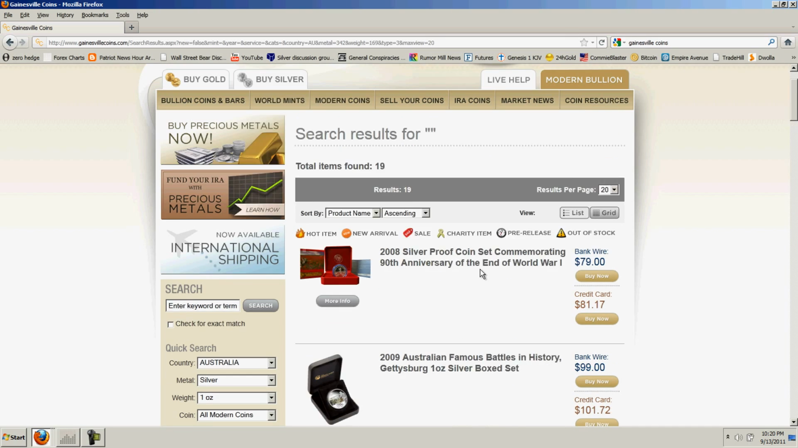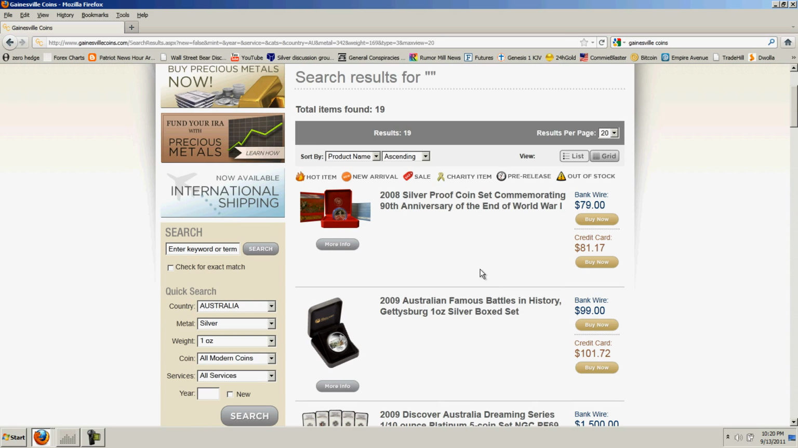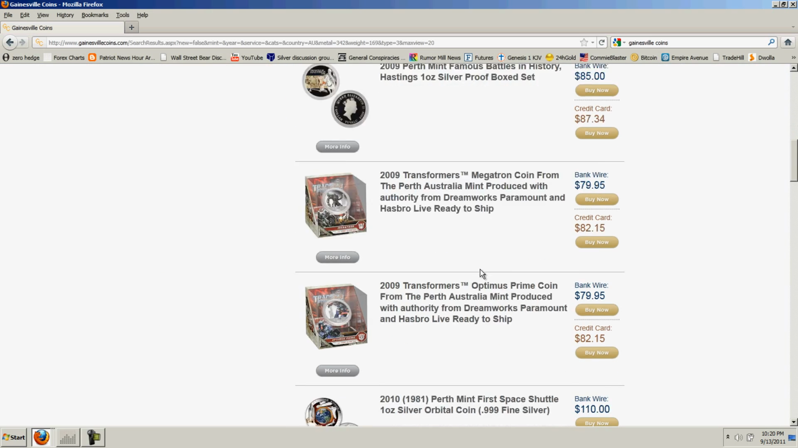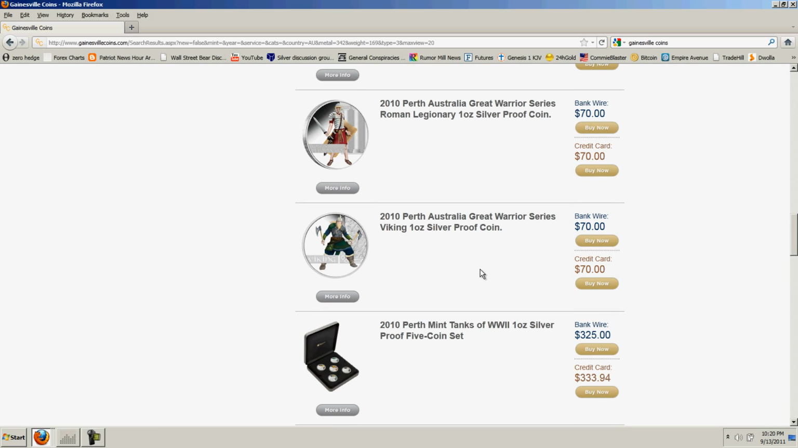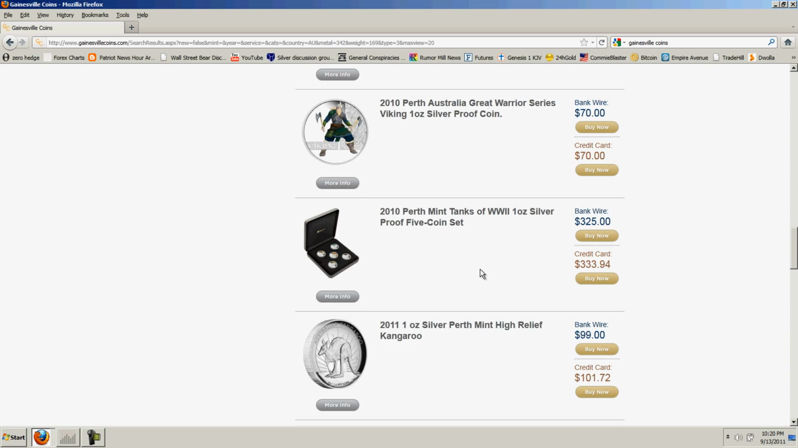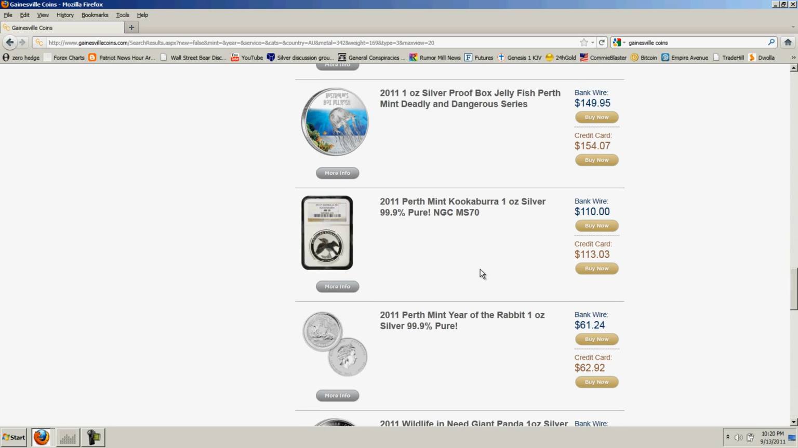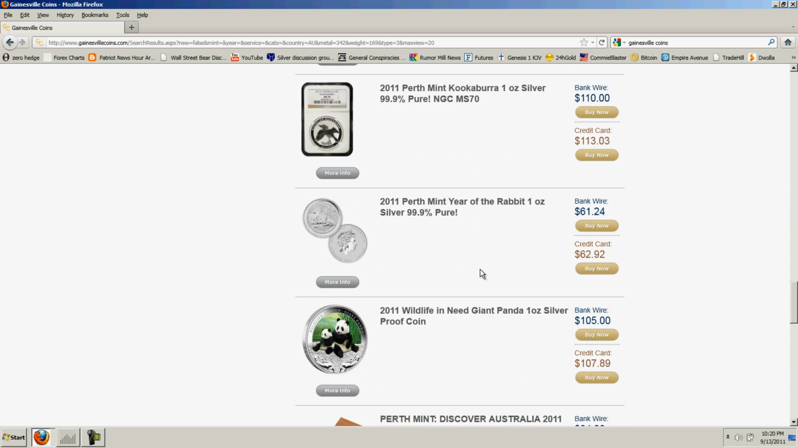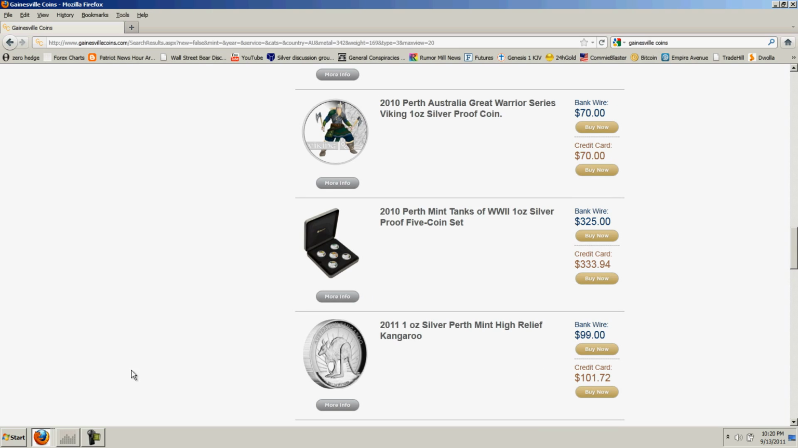This is by far the worst supply situation I've seen in Perth Mint coins at Gainesville since I've been tracking it, which is roughly 2 years, maybe a little bit more. So Gainesville doesn't have anything. So the next idea was to jump on over to APMEX,